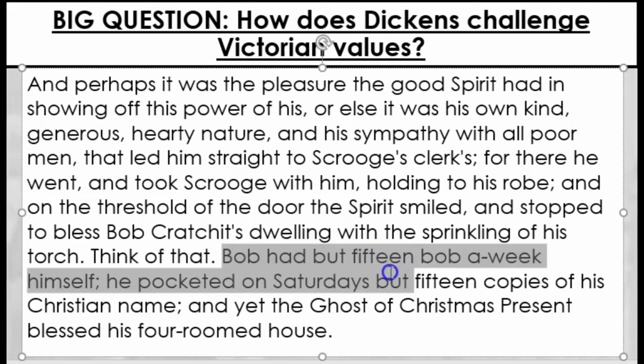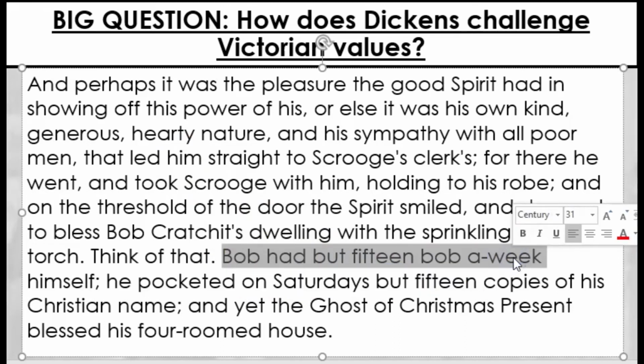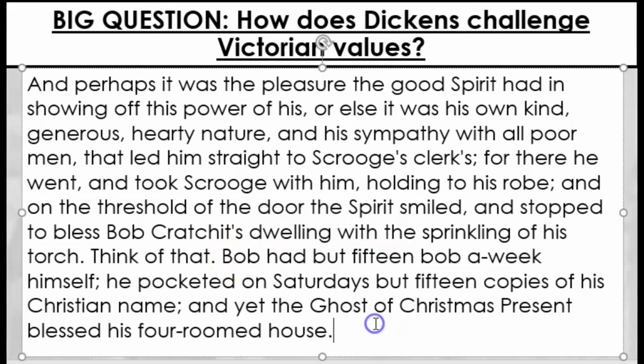Essentially, we've been told that Bob had money, 15 bob a week, that's his salary. Bob is kind of slang for money. So a bob is a slang term for a shilling. So before the currency was decimalised into pence and pounds and so on, a pound was made up of shillings, 20 shillings. So 15 shillings a week, it's not a lot of money. So we're being told essentially that, yes, Bob has got a job and he brings home money each week, but he's essentially what we might today call the working poor.